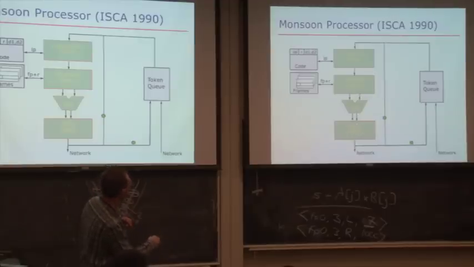Because you have 2 destinations, and one of them can be fetched right away, and the other one somehow you need to queue. Or otherwise you need to pipeline this stage also, right? Basically this is your pipeline register, but you could back up that pipeline register if you're generating a lot of tokens. Make sense? It's kind of like an out-of-order processor, but not really.